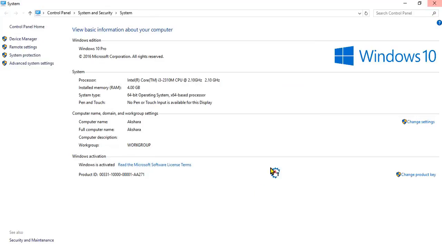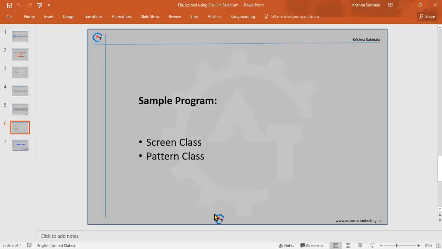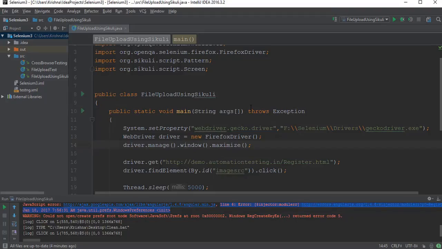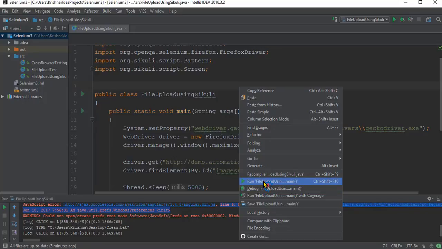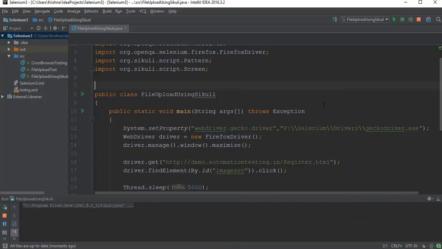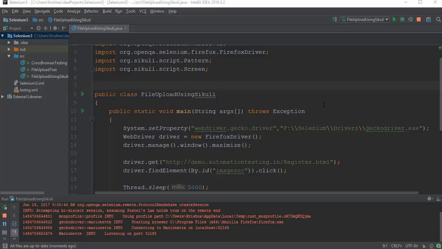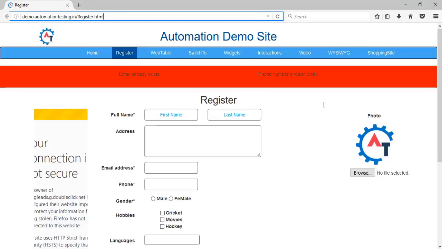I stopped the video there and restarted the machine, and now we will see whether the code executes properly or not. I'll right click and say run once again. Now we'll see it should upload. The issue was that we needed to restart the machine. I forgot that one. Yeah, it's navigating to the website. It clicked on the